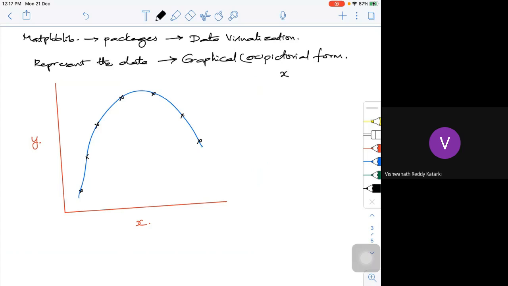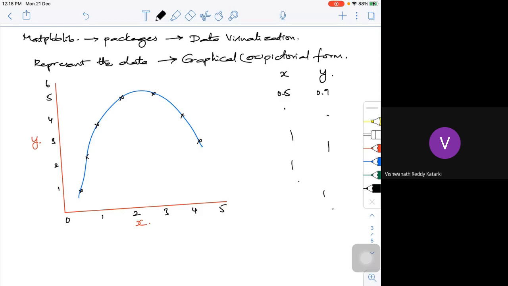Suppose if I try to put x and y data, so if I have something like 0, maybe 1, 2, 3, 4, 5 on the x-axis, and maybe 1, 2, 3, 4, 5, 6 on the y-axis. I have some data. Now, if I give something like x is equal to 0.5, y is equal to 0.9, I have a set of data. It will be difficult for us to see that particular data. But if I show a graph, people can understand easily. So, data visualization is the representation of any given data in graphical or pictorial form.